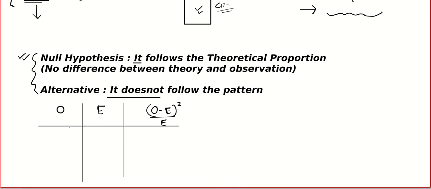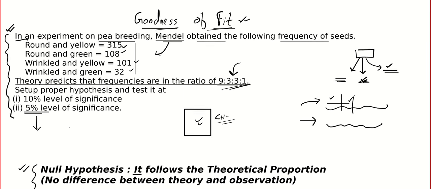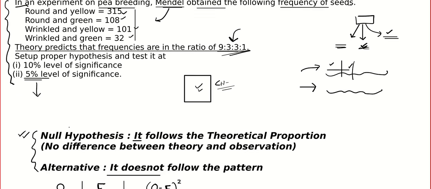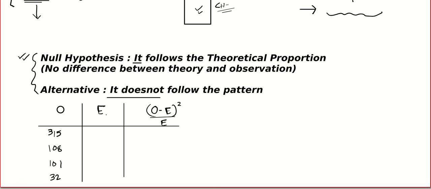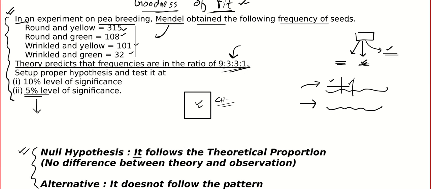Okay, so what are the observed values? There are 4 categories, right? 315, 108, 101, 32. And expected means what is the proportion? It should be 9 is to 3 is to 3 is to 1. So basically 9 out of how much? 9 plus 3, 12. 12 plus 3, 15. 15 plus 1, 16. So 9 by 16 into,